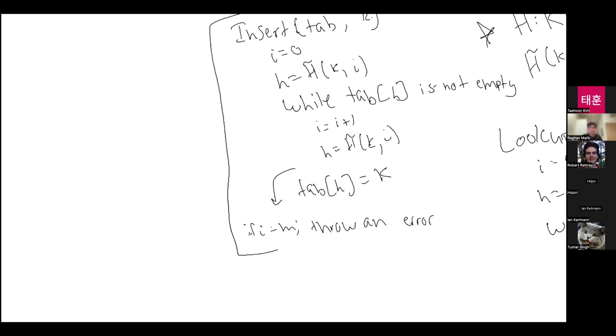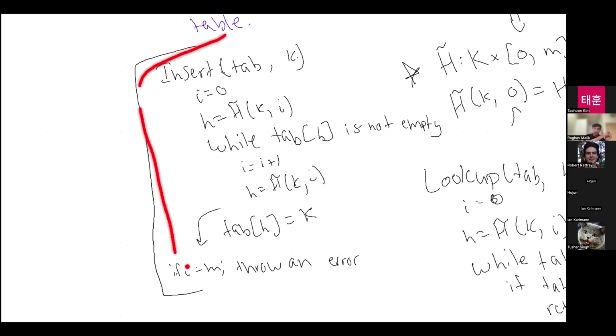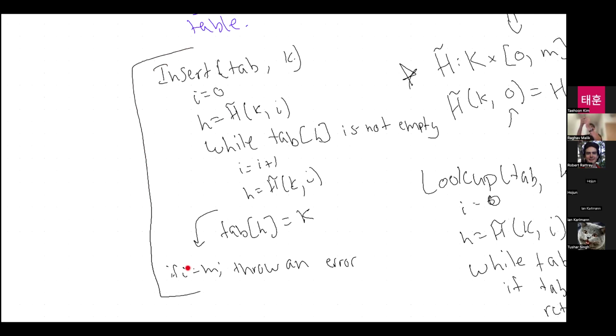So the idea here is we start somewhere, and if there's already something there, we probe the next position. If there's something there, we probe the next position and just keep going until we find an empty spot to put the key. And because the sequence of things that we probe is fixed, when we look something up, we just keep probing until we find the key that we care about. And if we ever hit an empty spot, then we know that the key doesn't exist in the table, right?